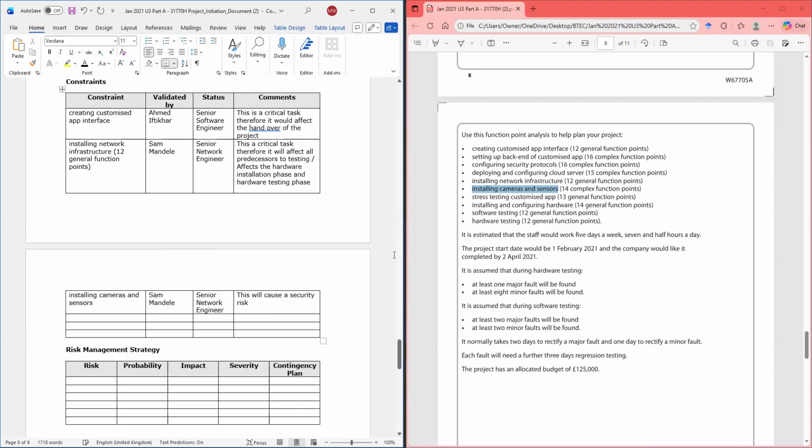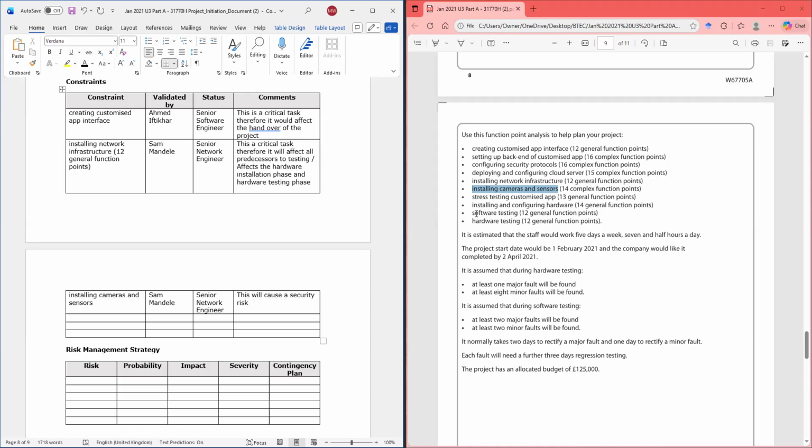All right, so we can get constraints from anywhere, right? Not testing software can be a constraint.